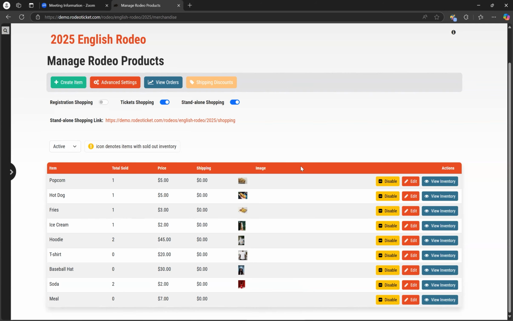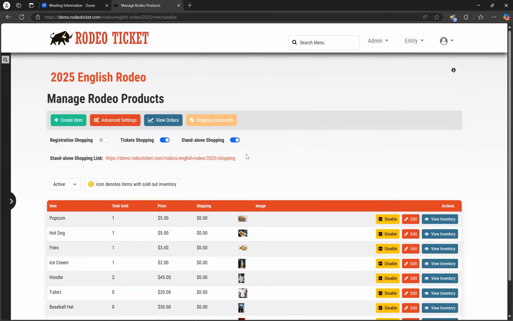We've got some images. And then over here, we can disable an item, we can edit an item, and we can also view the inventory for that item. All right. And then up here,